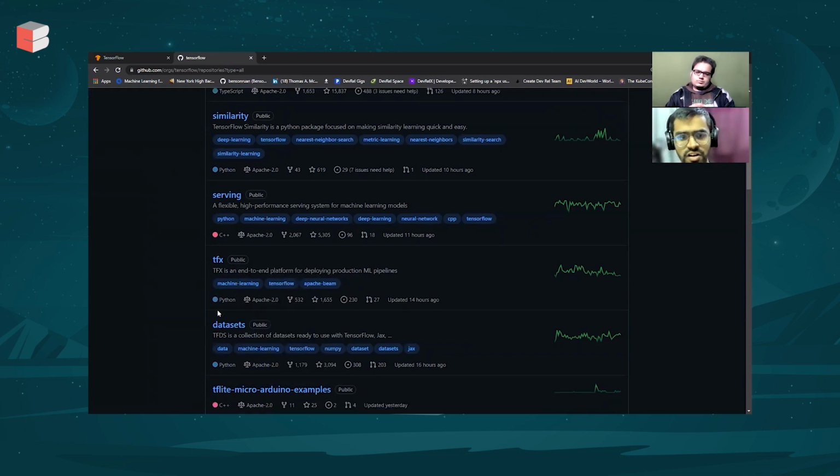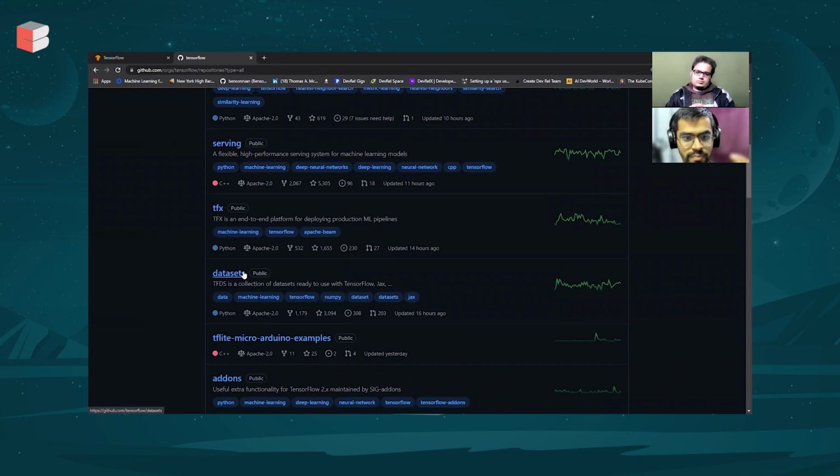And then we have a dedicated repository just for datasets. These datasets are really important if you want to build a project that involves TensorFlow. It could be used for research, or it could be used for a production case.